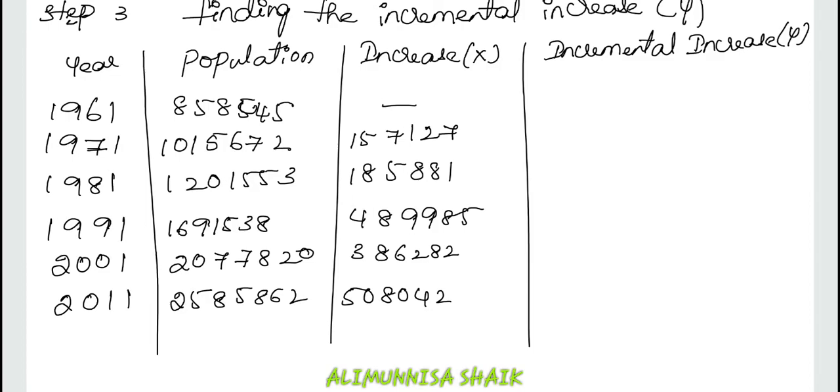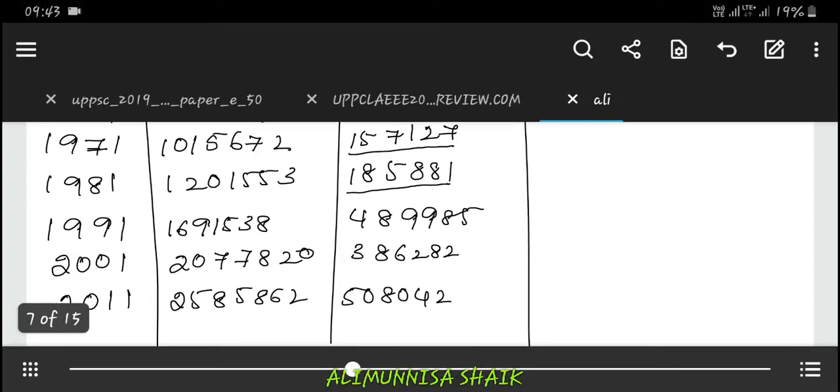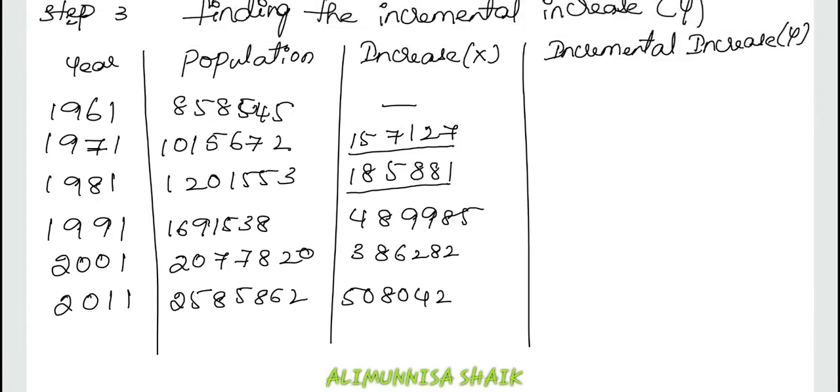That is nothing but as we have the increase over here every year, so we will be deducting the values as we have done in the x. So, same thing is going to be repeated over here. Now, let us calculate, because as we do not have any increment in the year 1, the incremental increase for year 1 is also nil. So, for the second year this will be the same number. So, we are taking this as nil.